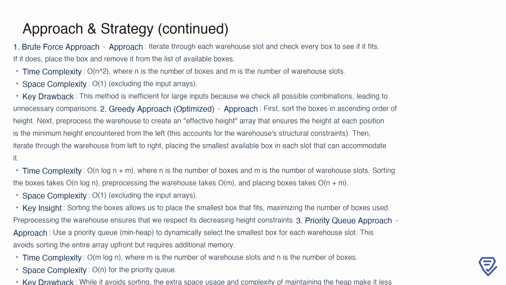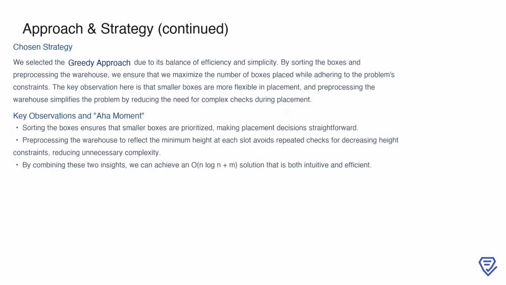Finally, there's the option of using a priority queue, or min-heap, to dynamically select the smallest box for each slot. While this avoids sorting the boxes up front, it adds additional memory overhead and complexity for maintaining the heap. The strategy we chose to solve this problem is the greedy approach, as it offers the best balance of efficiency